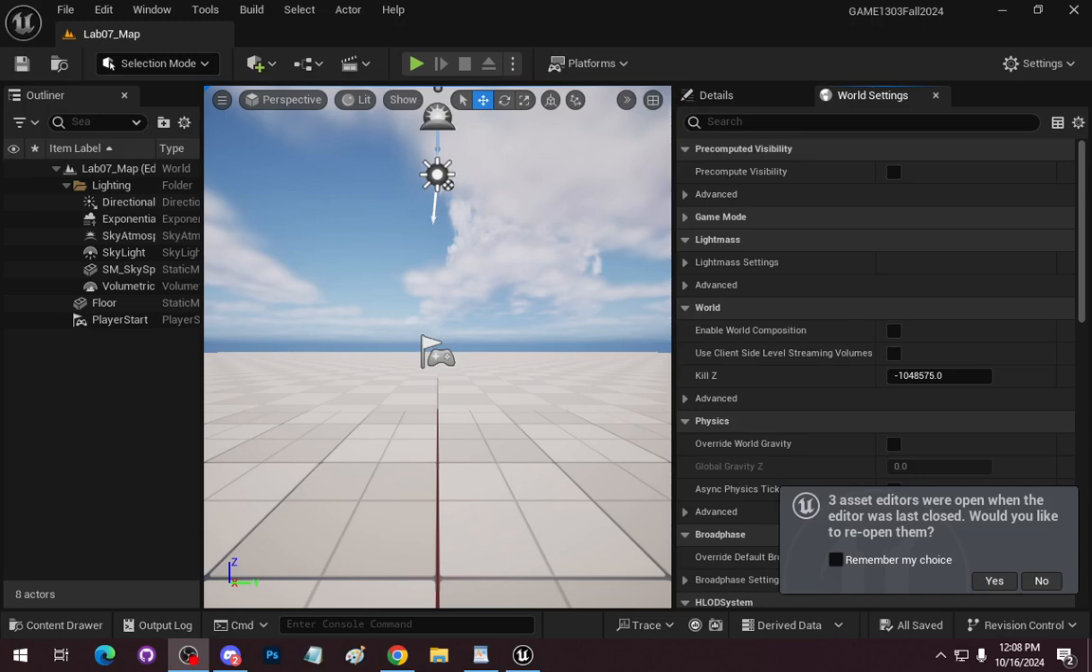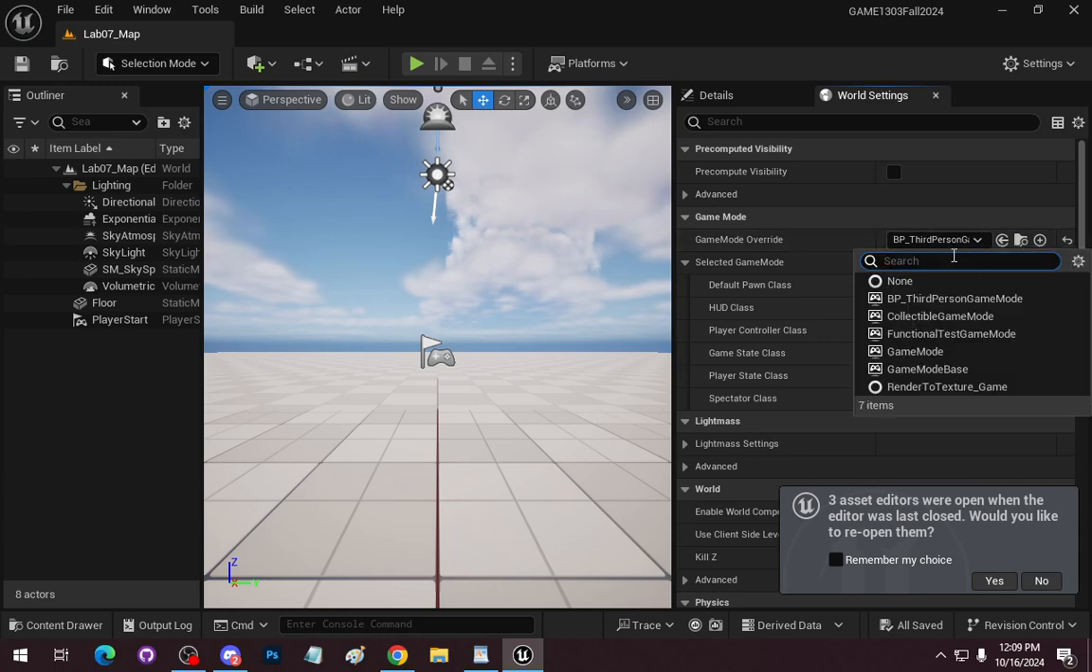All right, so there are two. I'm going to go over two issues again with the lab from last week. Basically, I created a new lab section, went to world settings, and then set the third-person game mode, just because